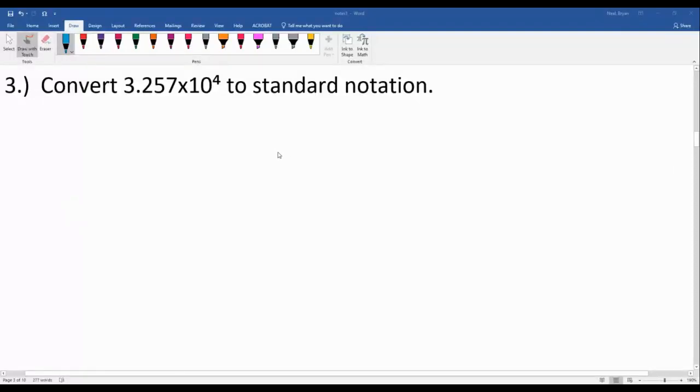All right, let's take a look at question 3. So here we have a number in scientific notation, and we want to convert it back into standard notation, so basically just a regular number. You do have to be careful here. The number in front as well as the exponent are randomized, and so you do want to recall that